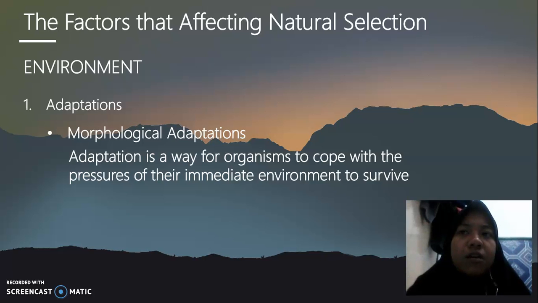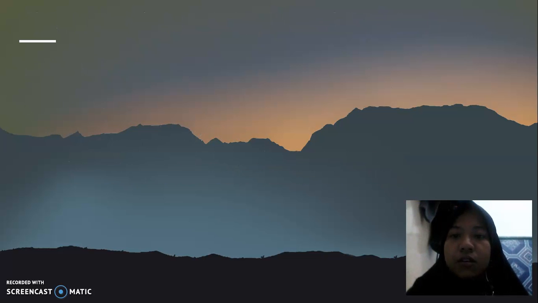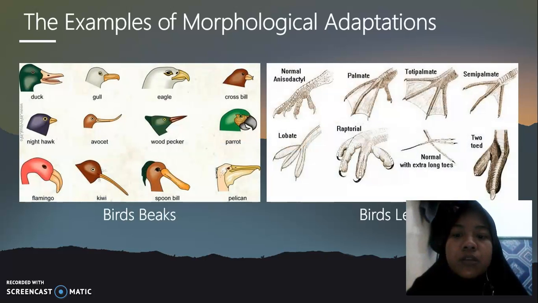So organisms that are able to adapt to their environment must be able to do the following. The first one is to get water and food. The second is to overcome the physical conditions of the environment, and then defend life from natural enemies. Then they can reproduce properly, and finally respond to changes that occur around them. Organisms that are able to adapt will survive, whereas those that are not able to adapt will face extinction or scarcity of species.